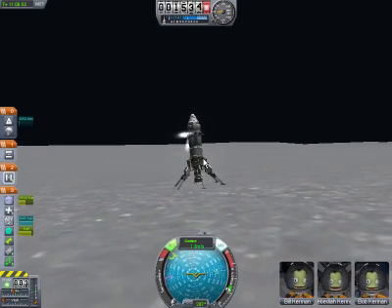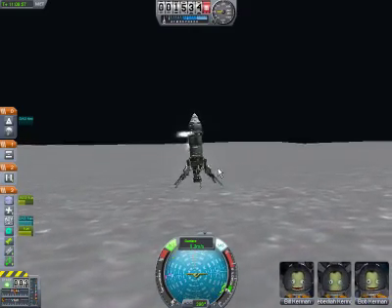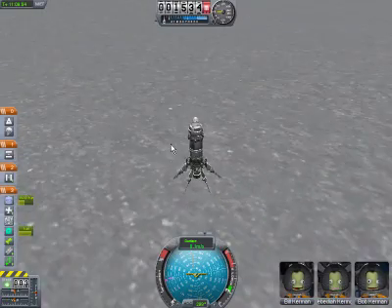Whoops! Oh man, stop bouncing. That was dangerous. Our landing gear almost buckled. Gonna turn off the RCS and turn off the SAS. Landing gear almost buckled, but